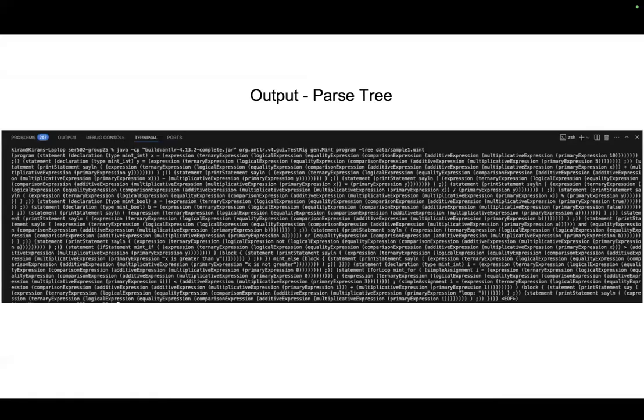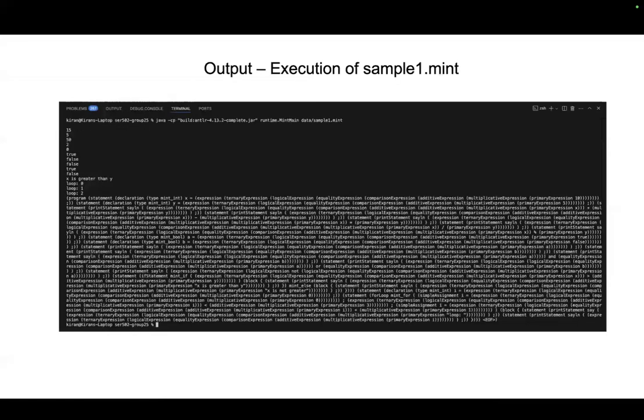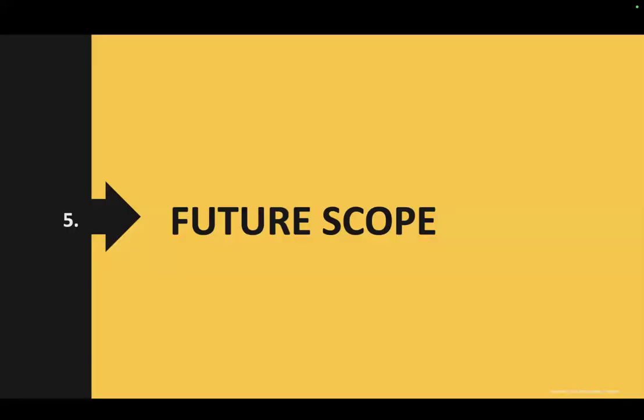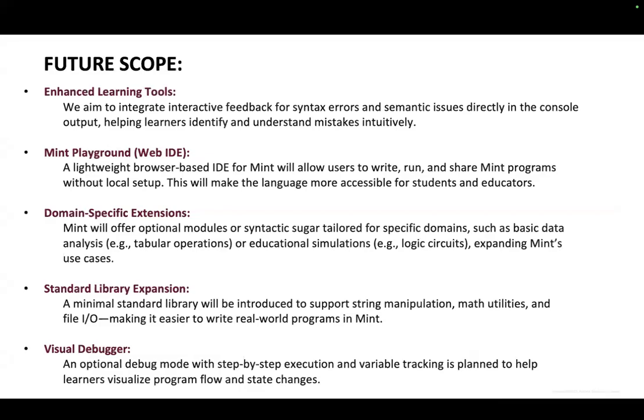And then the second would be the parse tree. And then this would be the execution of the sample1.mint. So I'll quickly run through a demo also at the end of this presentation. So in terms of the future scope, we're considering adding